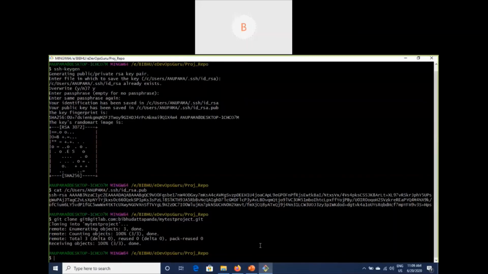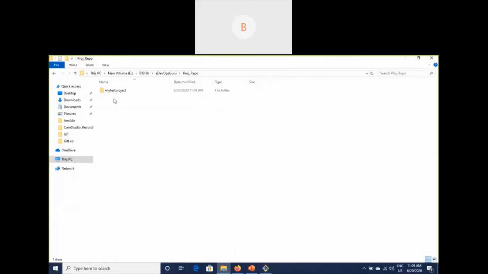So you are done with your cloning of this project. Now we can see in the directory I got my test project, and here I got the readme.md file. So now I'm good to go with my changes, and finally after the changes I can push the code.